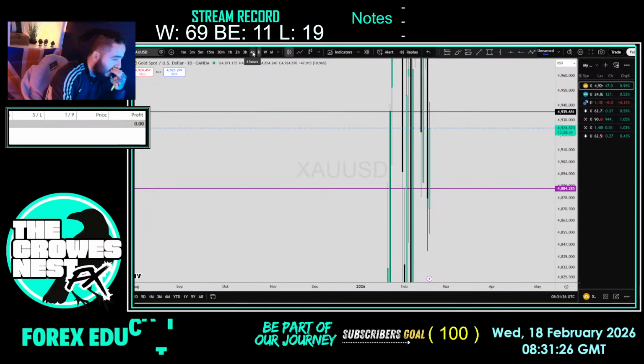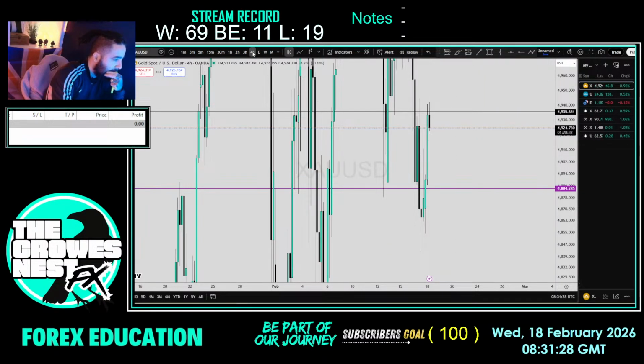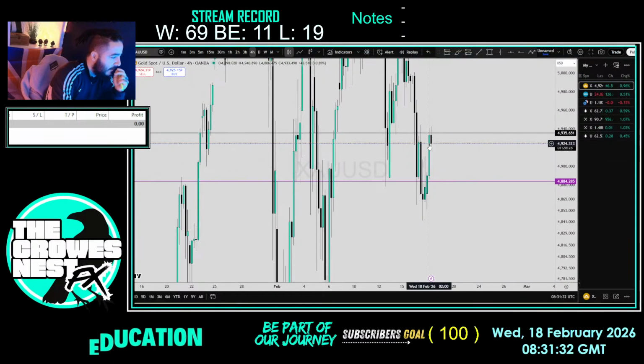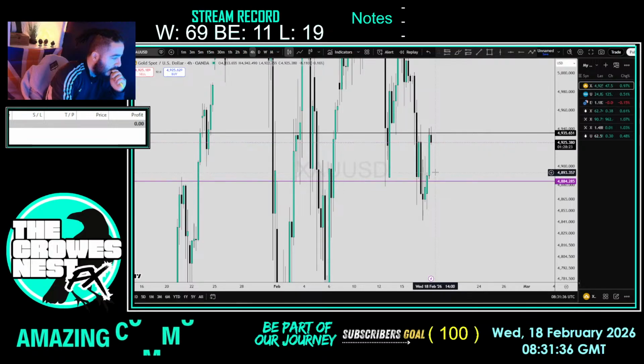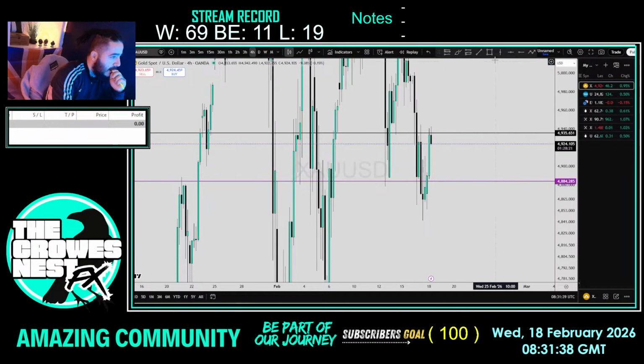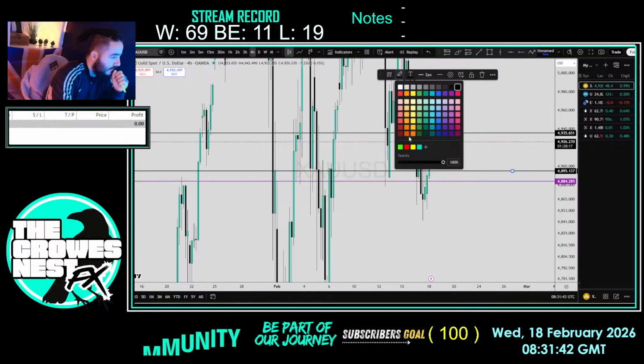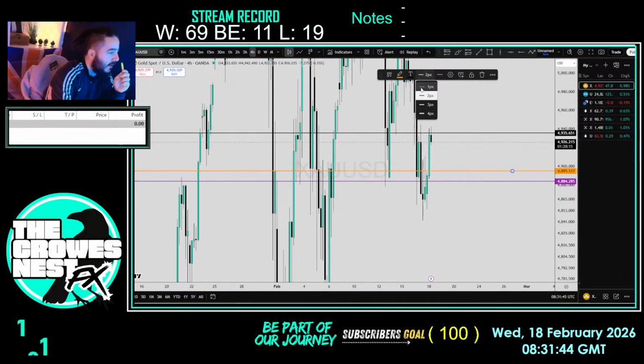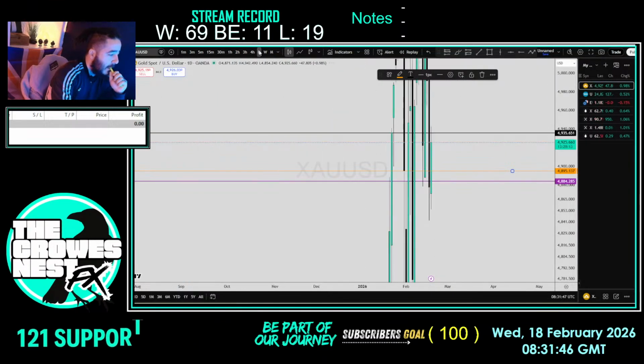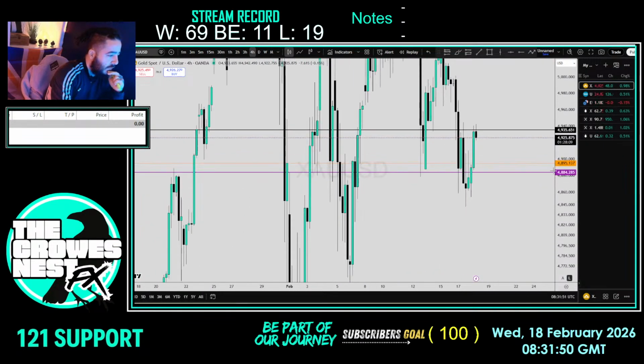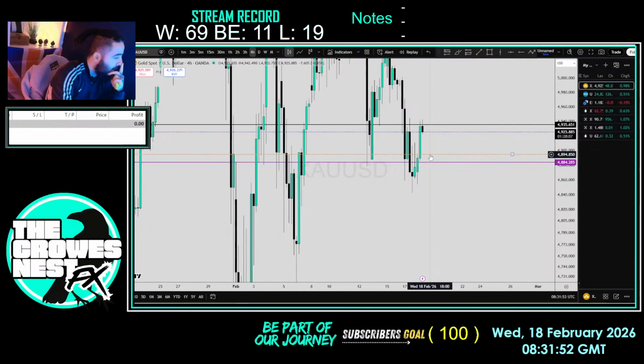What can the daily do? The daily could push for a steeper top wick. The 4 can flip at any point. But if this 4 comes back down to here, could we look at a wing back buy? Then that would be the daily potentially flipping. But let's say we took the wing back buy from here, and what I'm looking at is, let's say the daily is going to